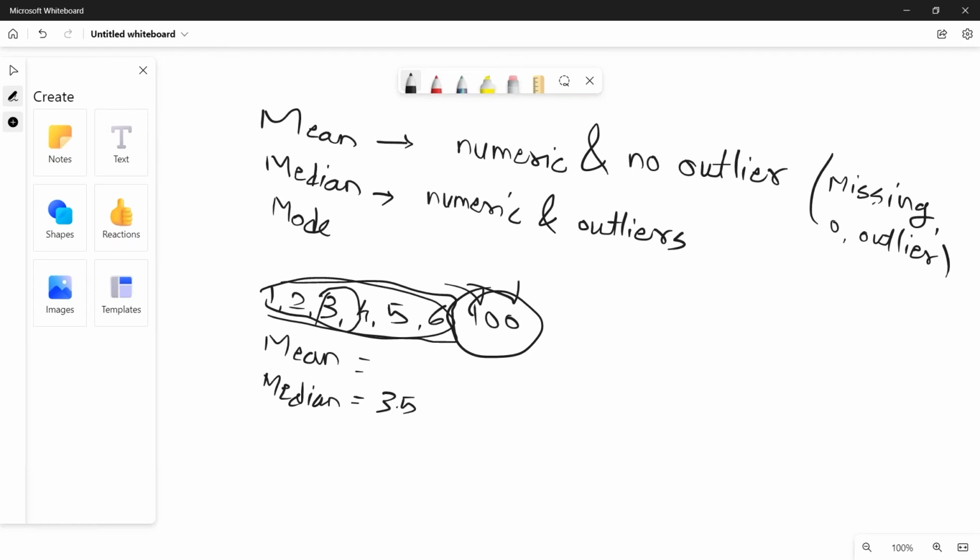We are going to use mean and median in different situations. Our data is numeric, so the first condition is satisfied, and we can use either mean or median. Now we have to check whether there is any outlier in our data or not. Then we can replace those zero values by either the mean or the median. When our data is discrete, categorical or text data, in simple format text data or 0 1 data like this,